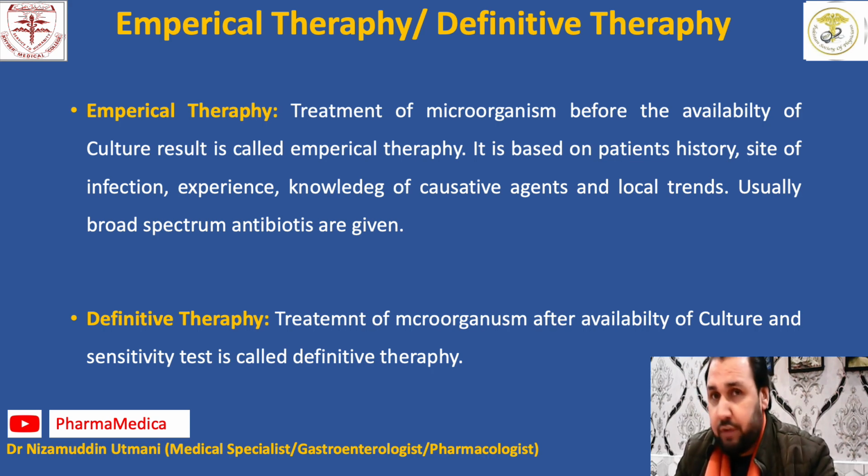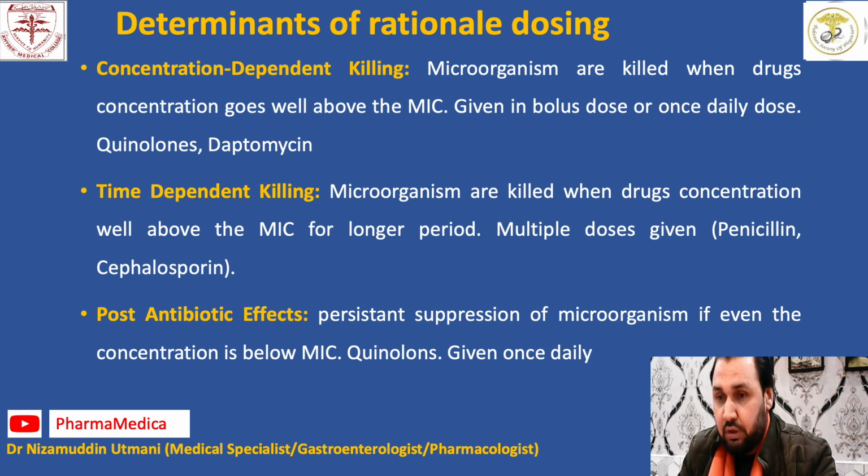Suppose if you have got pharyngitis, you can say that this is a gram-positive infection, and you can use any antibiotic according to your knowledge and your experience. So empirical therapy is the use of antibiotics before the availability of the culture and sensitivity report. It is not a blind writing of antibiotics. It depends upon so many factors: your local factors, your experience, and the community prevalence of that particular disease. The definitive therapy is when you get the culture and sensitivity report and you then prescribe the antibiotic according to that culture and sensitivity, we call that a definitive